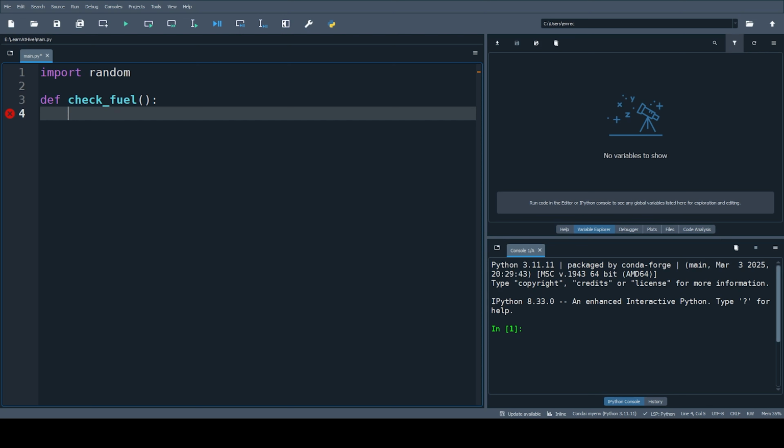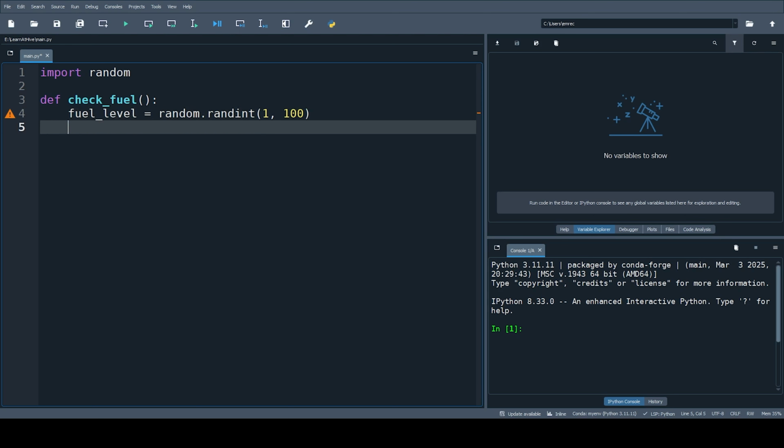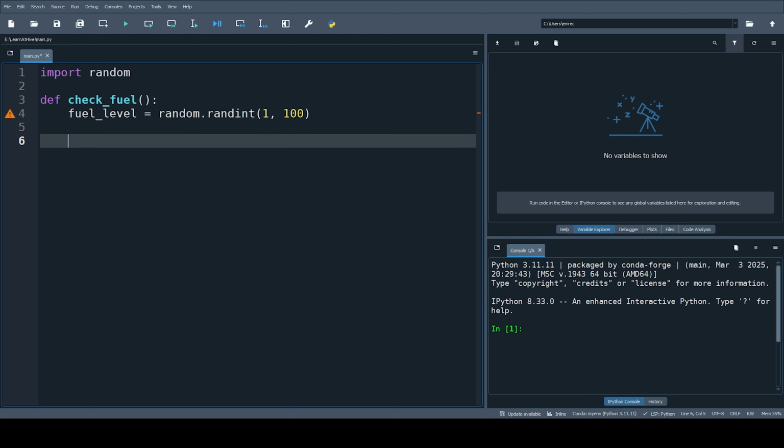and define fuel level equals, say, 80. What we can do to enhance this is add some unpredictability, so we will use the random library. So random.randint. We will generate a random integer each time between 1 and 100. So the next line, I will check if the fuel level is sufficient. So if fuel level is greater than or equal to 70, let's say it should be 70 at least,